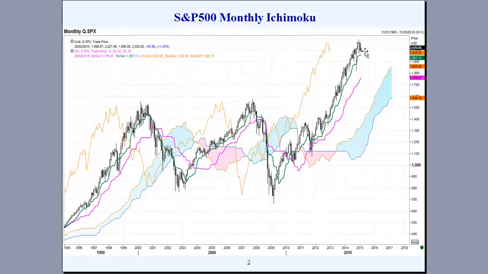Now this market could continue trading up, and the Kijun-sen could be at a much higher level and well into the future before we see that break. One thing to look at here, however, is the depth of the price action away from the Ichimoku cloud. And that suggests to me that this market is looking a little overextended and does cause some concern. But there's no indication here at the moment that we are going to see any significant change of trend in the fast and the medium term timeframes.